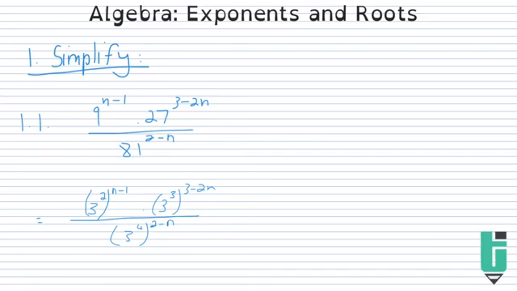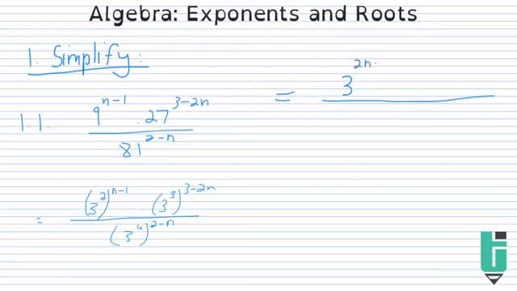Awesome. So what you'll see now is that we have a common base of 3. And now we can definitely apply our exponent laws and simplify this fraction. So let's simplify what we've just written. At the top we have 3 to the power 2, and that whole thing is raised to the power of n minus 1. So you'll distribute the n minus 1 into the brackets. So you'll say 2 times n minus 1. So we'll have 3 to the power